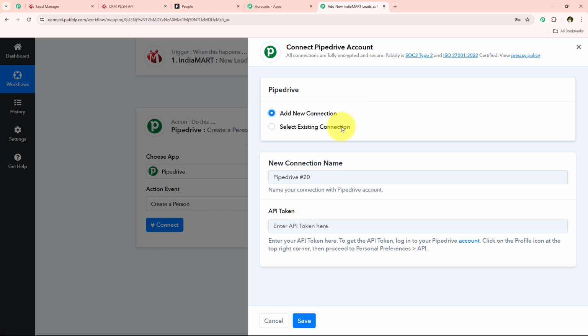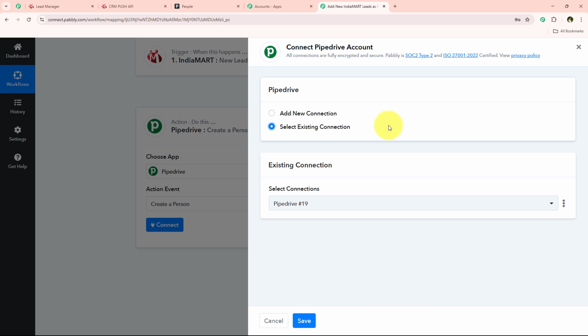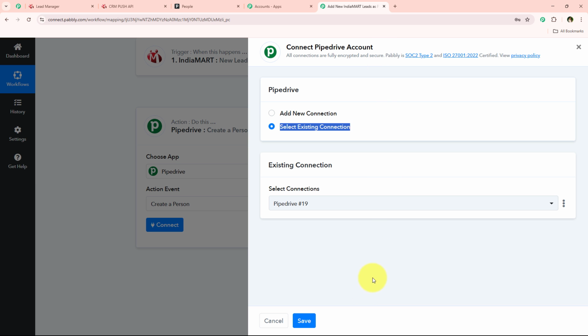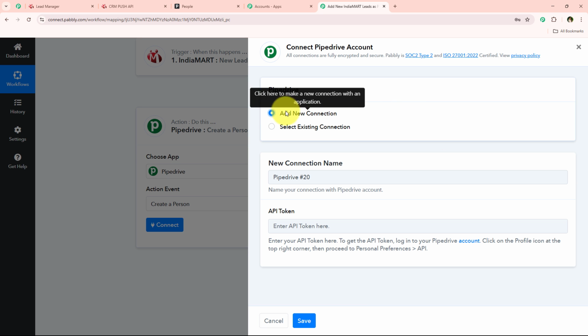Now it is saying add a new connection or select an existing connection. So I'm just going to click on this add a new connection to connect my Pipedrive account. But if you have already connected your Pipedrive account, you can go towards this select existing connection and then save. Alright, so I'm just going to go towards this add a new connection, and now it is asking me for